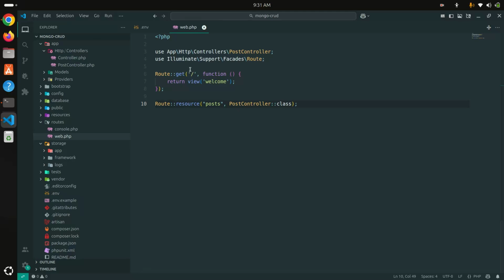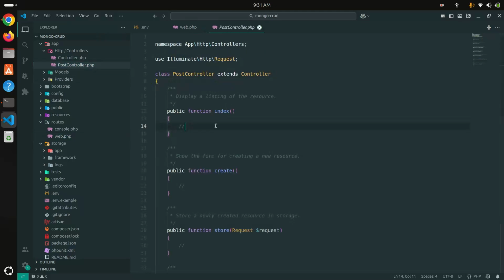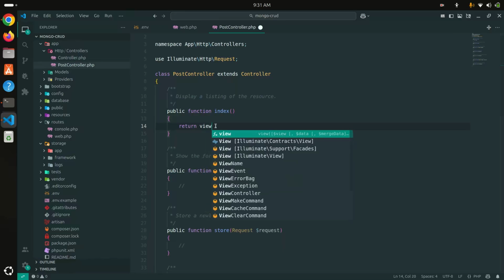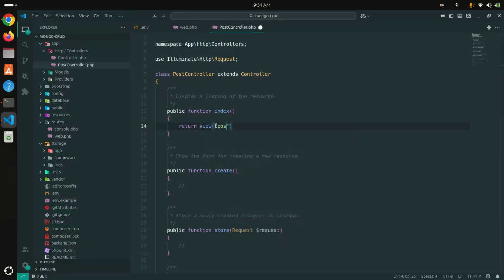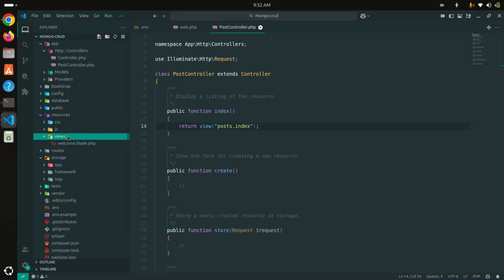Now let me go to the index method. Here I'm going to say just view, and I will create a post folder. Inside that I will keep index, save it. And now go to the resources, and here I'm going to create a new folder post, and inside the post I will just say